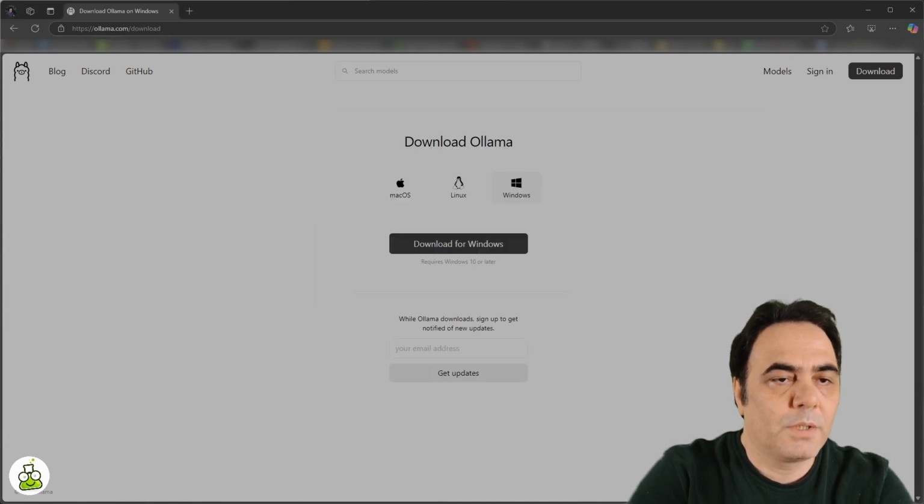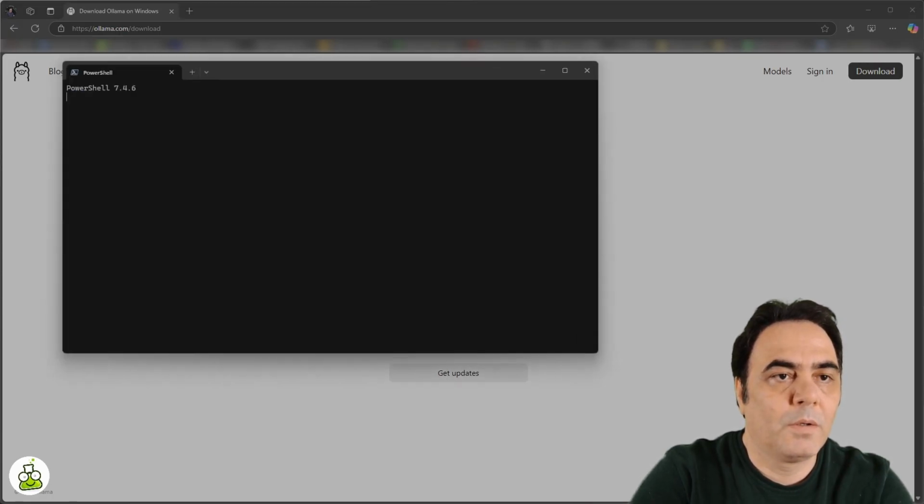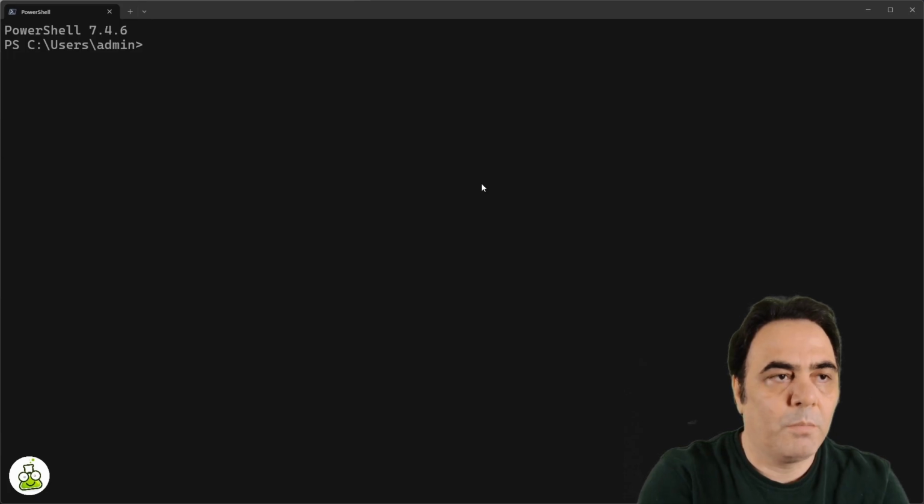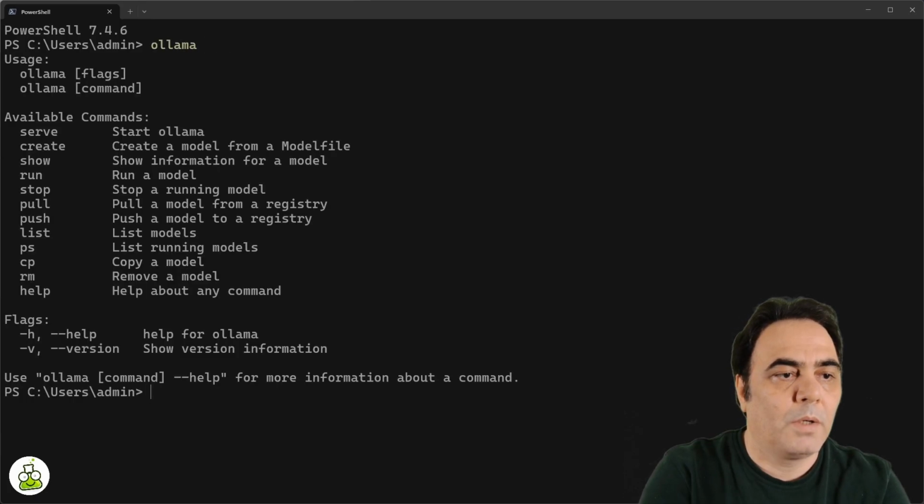After successful installation, you can go to the terminal or command prompt on your system. I'm using Windows PowerShell here, and to see if Ollama is working, I just need to run the command ollama, and as you can see, it is working. So we have installed Ollama on our machine, and now we have to download an LLM, or large language model,